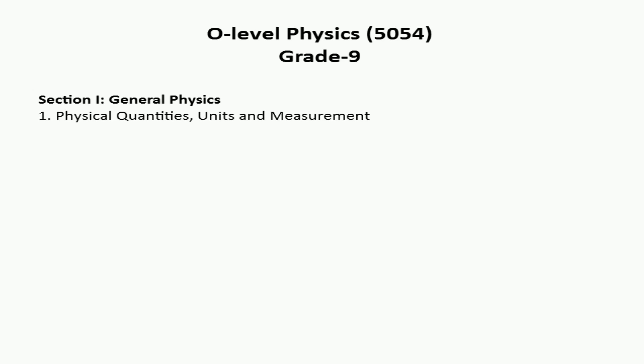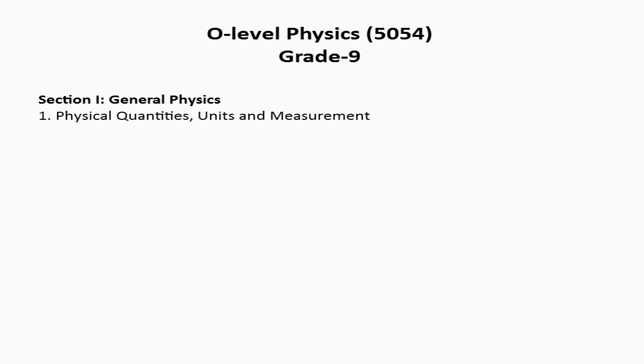As I summarize the lectures of Unit 1 that we studied in Section 1, at the start of the lecture we discussed physical quantities, then the units of those physical quantities, then the physical quantities divided into two groups, scalar quantities and vector quantities. Then we discussed the prefixes, and at the end we discussed the measurement techniques.